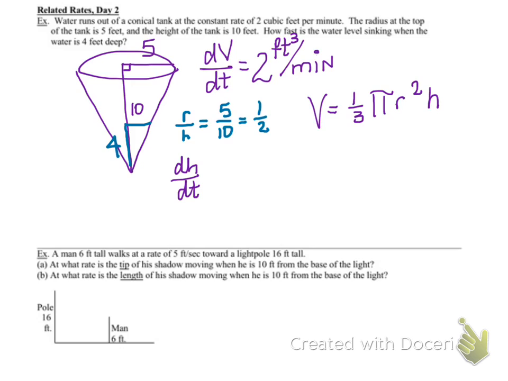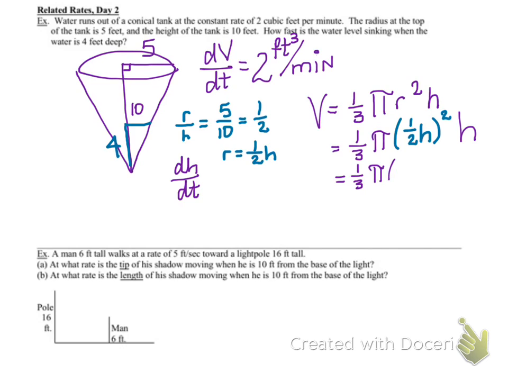So we need to put R in terms of H. And R in terms of H would be 1/2 H. So we're going to go ahead and substitute in our equation the value of R with it in terms of H. And that makes for something that we can actually differentiate. And once we've differentiated it,